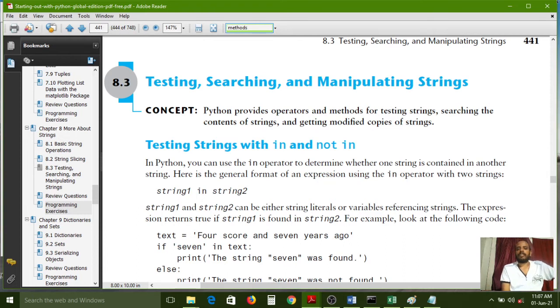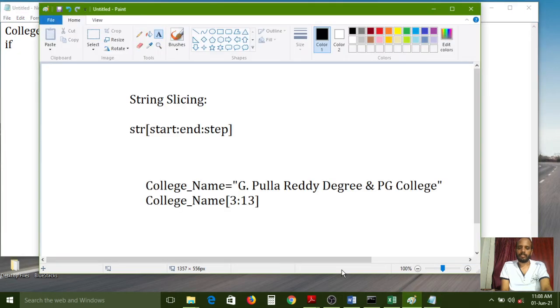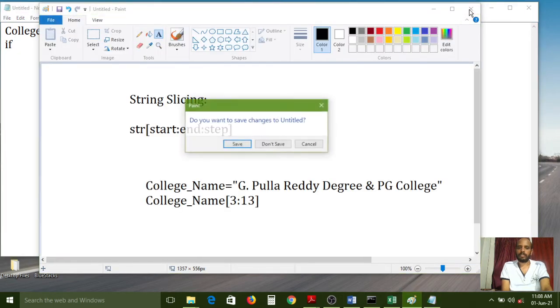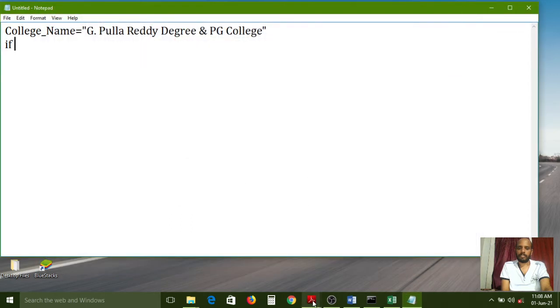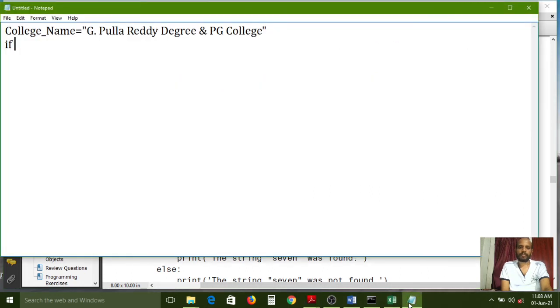Like that, if you want to search any word in a given string, we can use the membership operator. So here I am using an if condition. If what word am I searching?